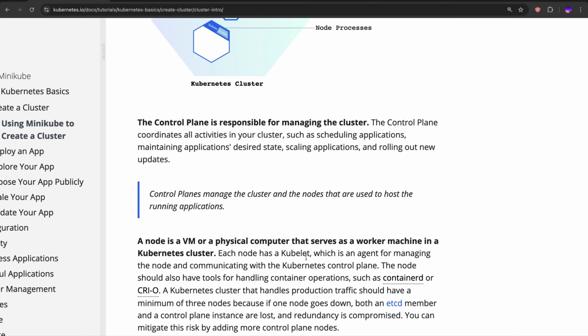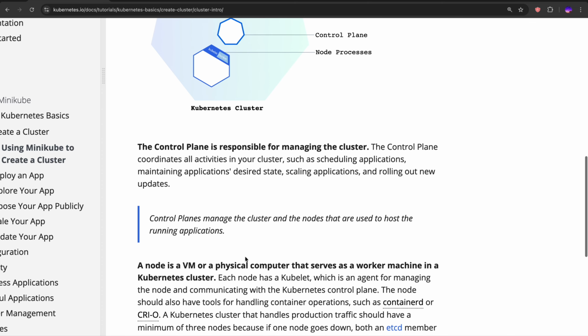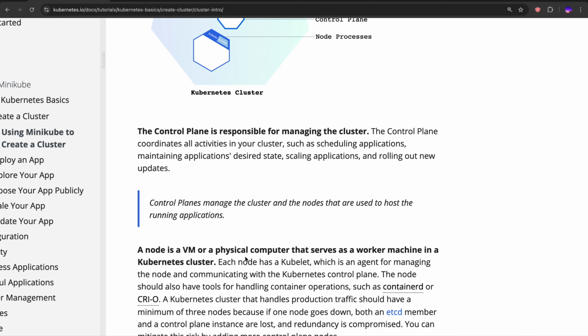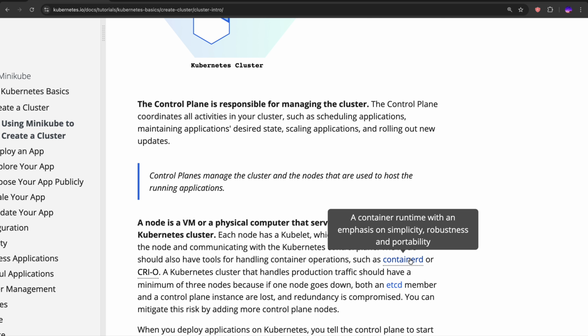Each node has a kubelet. The kubelet is an agent, a piece of software which runs on top of the operating system or the machine, communicates with the control plane, and keeps the desired state of the application. Also, it handles container operations, using tools like containerd or CRI-O, a container runtime specific for Kubernetes,